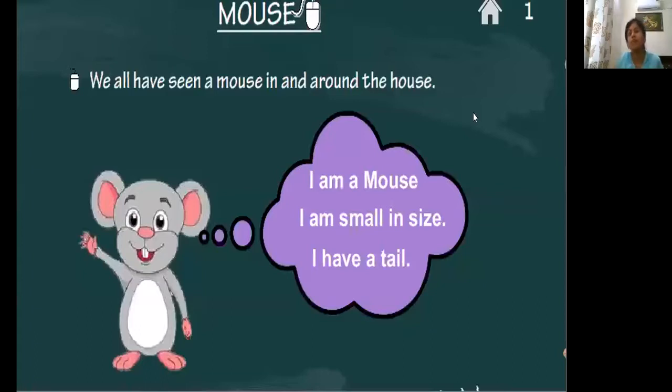Children, we all have seen a mouse in and around our houses, correct? We have seen one in some way or the other. If not in the house, we might have seen a mouse outside, somewhere in the garden or on the roadside. Definitely, a mouse is small in size and it has a tail. In a similar way, our computer mouse is also a small device which is oval in shape, looks like a mouse, and has a long tail. For that reason, it is given the name mouse.